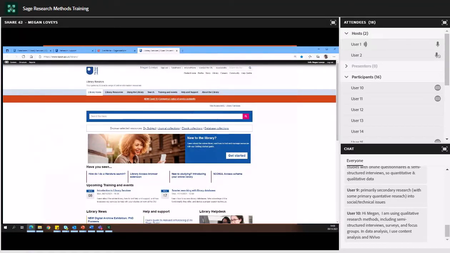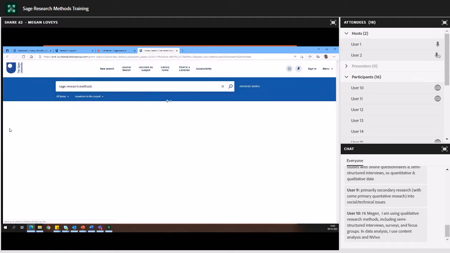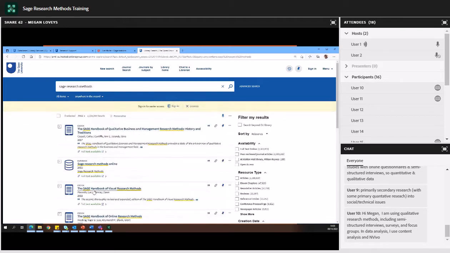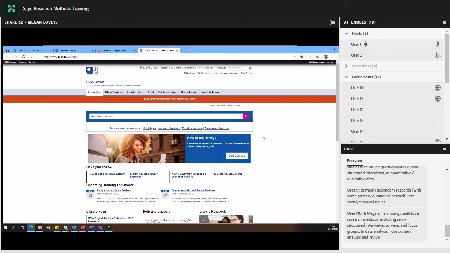I thought it would be best to start the session by taking you through how to find the database itself through the library website. So if you're not familiar, this is the homepage of our library website, which you probably are familiar with by now. And you can either find it by searching in the search bar, Sage Research Methods, and it will just take you to the first option, which is an ebook, and then the second option, this is the database itself. But I also just want to show you something else, just in case you're not familiar with this. So